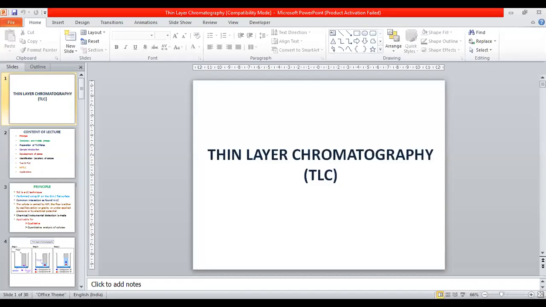So under thin layer chromatography, we shall understand about principle, stationary and mobile phases, preparation of TLC plates, sample introduction, development of plates or elution of solutes, identification or location of solutes, and two-dimensional TLC as a special technique for the separation of a variety of compounds by using different mobile phases in two dimensions. How we are going to achieve the separation we shall discuss, and some advancements have also been made for thin